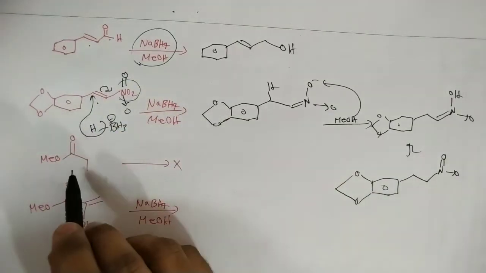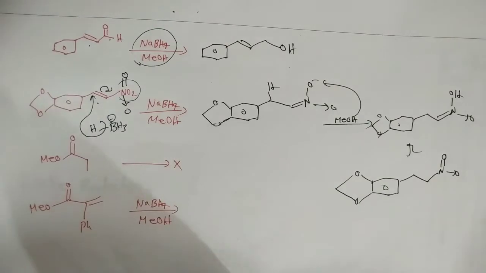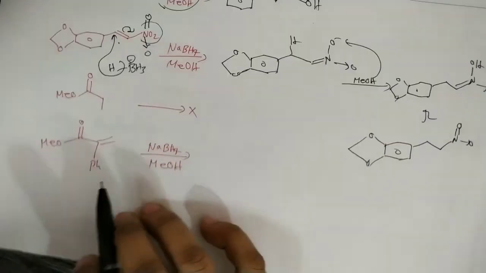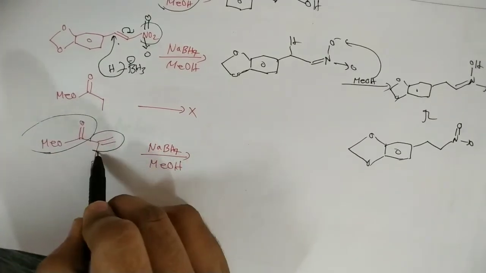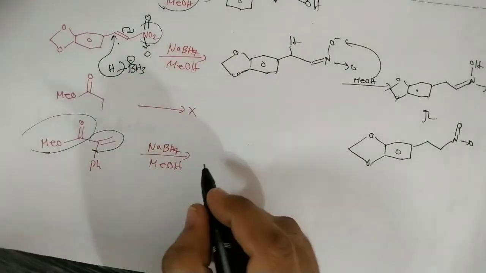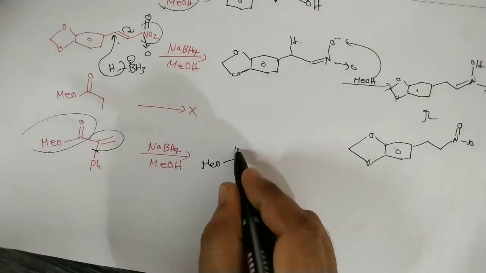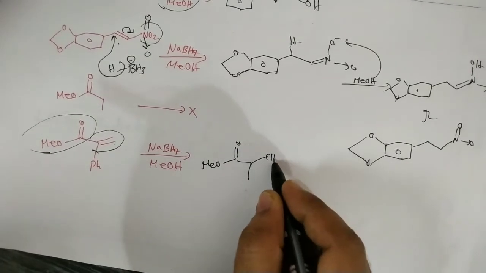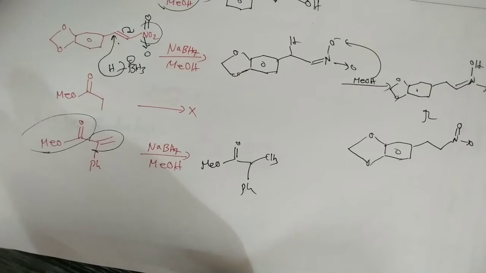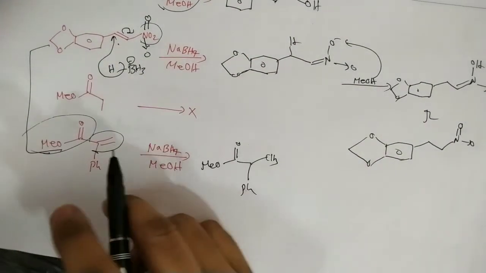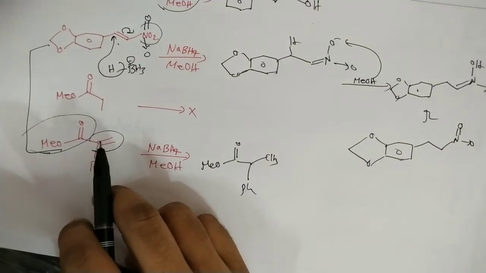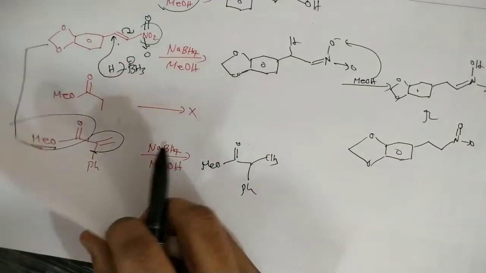Now generally esters are not reduced with sodium borohydride, and whenever a double bond is in conjugation with the ester, the ester is not affected, but the double bond is reduced, as in this case. That means here MeO and double bond O, here CH3 and this phenyl. These two examples are collected from the most famous book, Organic Chemistry by Jonathan Clayden.